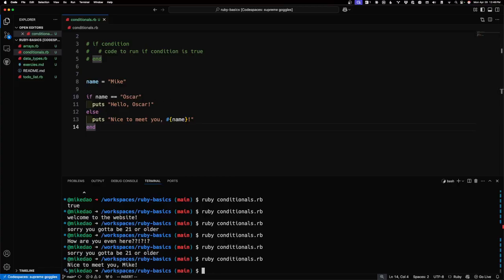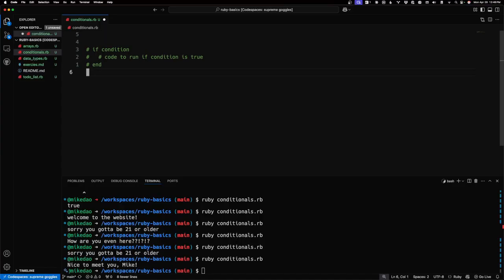Cool. So we've got a handle on the if else statement. Let's move on to logical operators. Sometimes one condition is not enough, and that's where logical operators come in. So, let's get rid of this here. The two main ones that we're going to use are